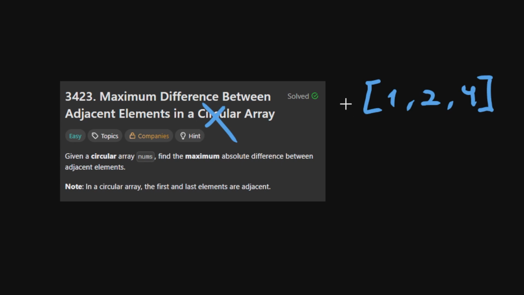So let's say we only have an array and we are trying to find adjacent elements. So first we compare 1 and 2, and the difference here is 1. And then we compare 2 and 4, and the difference here is 2. And finally, we're doing something very simple, which is to take the first element in the array and the last element in the array and compare the absolute difference. And here the difference between these two is 3, and the maximum difference in this case is 3, so we